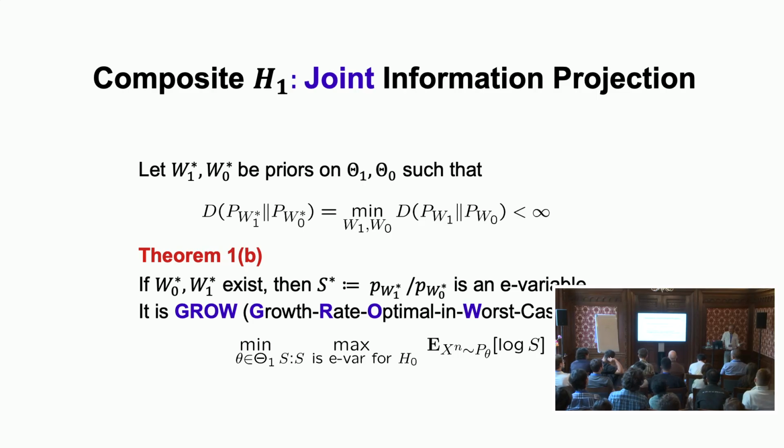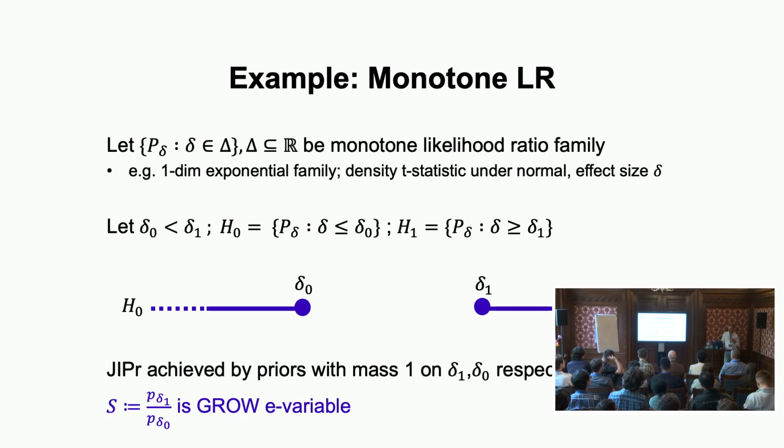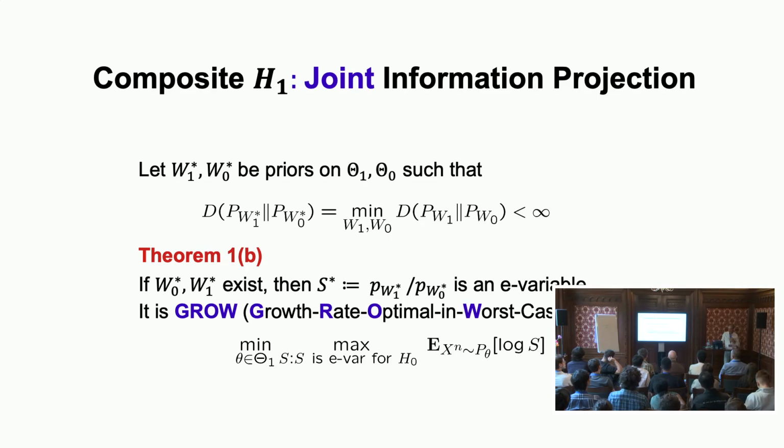Now, what do you do if you don't know? We said, okay, here we are still basing on the alternative. What if we cannot really formulate a good prior on the alternative? Well, then you can do a joint information projection, it turns out. So now you have alternative and null, and you can put priors on both of them, and you take the two priors which minimize this projection, where the null and the alternative clearly have a different role, because KL divergence is not symmetric.